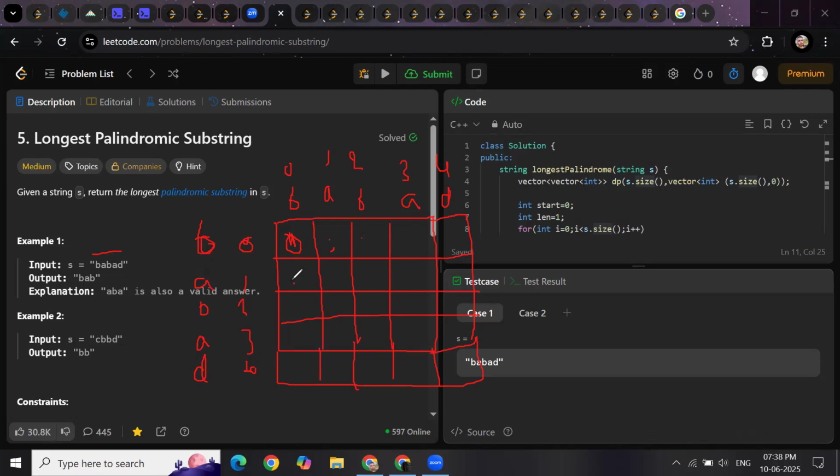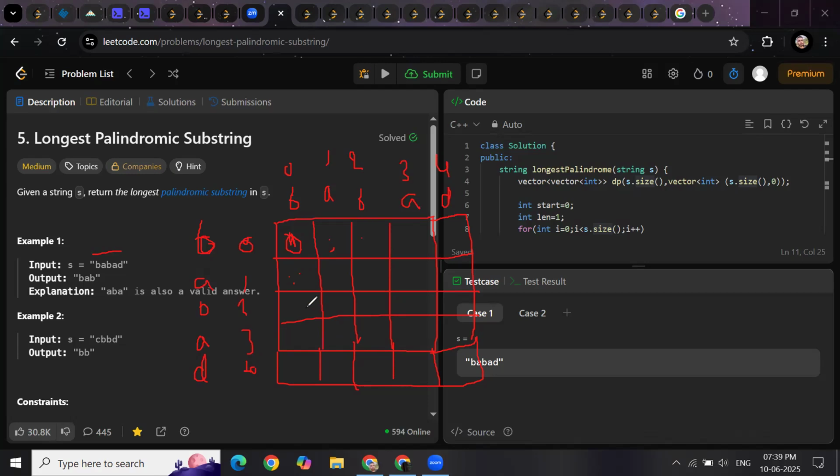Okay, now what is this cell representing? This cell is representing a string starting from 1 and ending at 0. So we don't need to check the string in reverse order. This is representing a string starting at 1 and ending at 0, so this is a reverse string. So this is not required. We require only this upper diagonal of this matrix. We don't need the lower diagonal, because the lower diagonal represents a string in the reverse order, and we don't need to check the reverse order of that substring